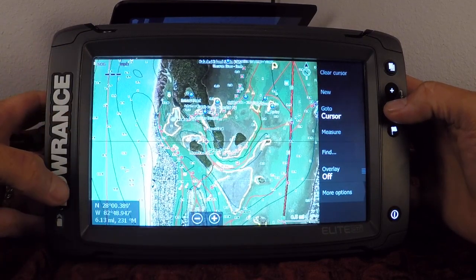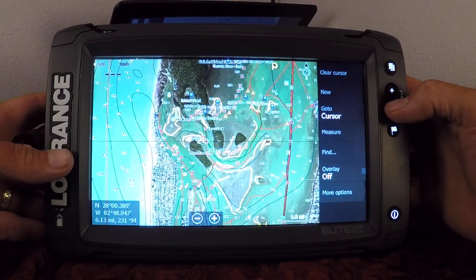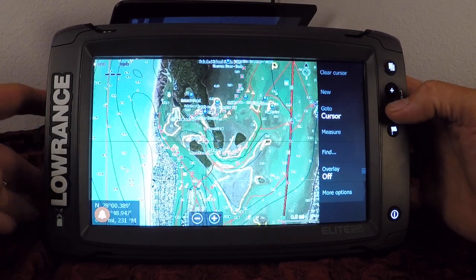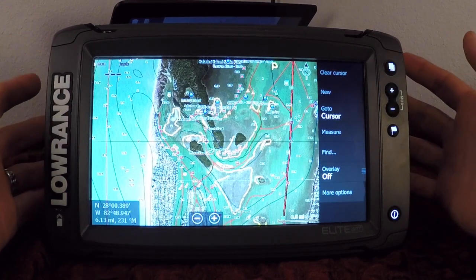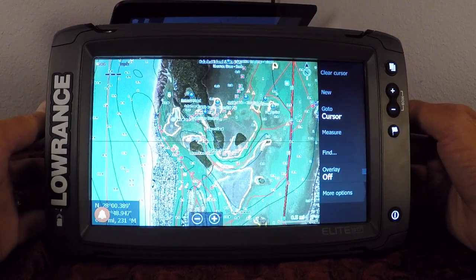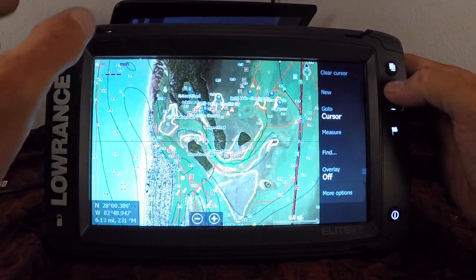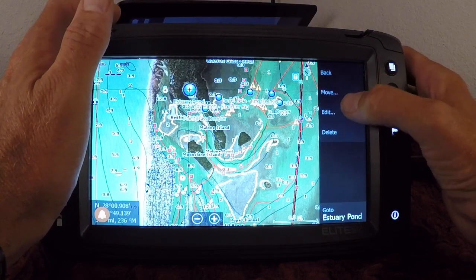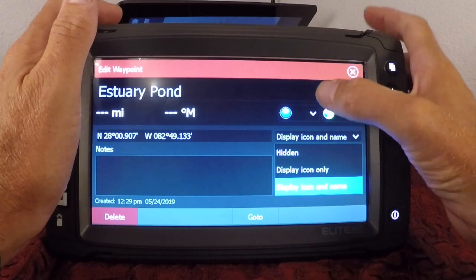So this is for the Lowrance. I think, again, these are Navico products. From my observation, there's a lot of convergence between the 3 Navico sub-brands, Lowrance, Simrad, and B&G. So I'm assuming they're similar, but it works like what we would expect. We're going to import the GPS data, GPX data, and we're going to have our plans. You can take any one of these, by the way, like estuary pond, right? We can edit it, and I think you can go in here and modify what you have